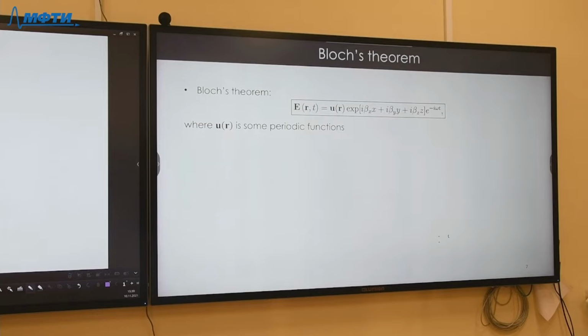And we would like to know some mathematical statements that give us a hint of how that particular solution behaves. The most fundamental statement about periodic systems is the so-called Bloch theorem, which you might be familiar with from quantum mechanics or solid-state physics. And the Bloch theorem states that